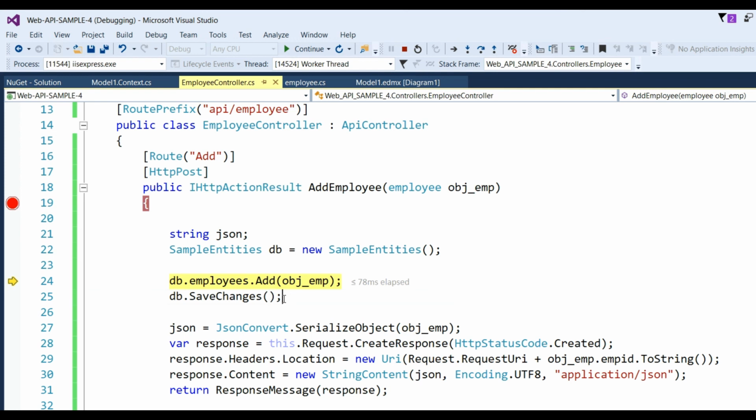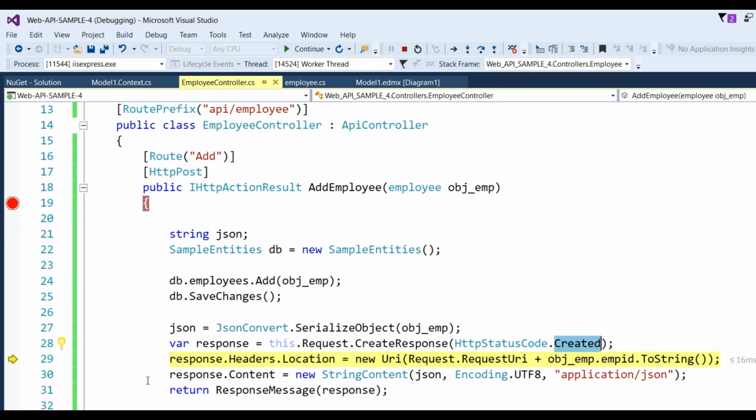Now we also need to respond to the users whether the data was saved or not, so I have created here the response, request.CreateResponse, HTTP status Created,